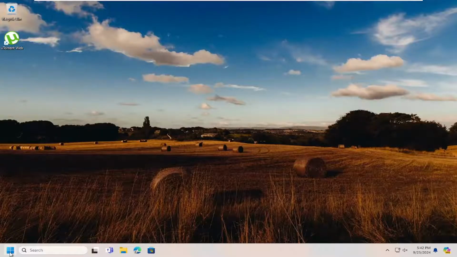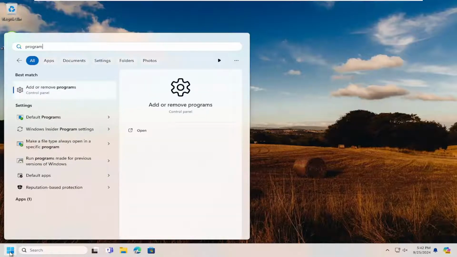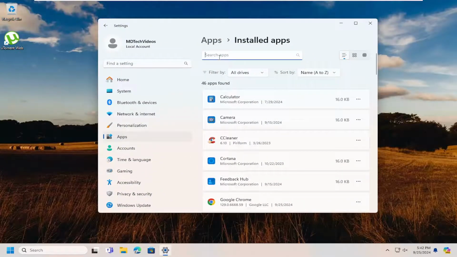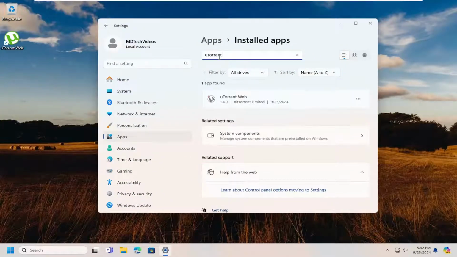So all you have to do is open up the search menu, type in Program, and the Best Match should come back with Add or Remove Programs. Go ahead and open that up. In the search apps field at the top, type in uTorrent, select the three-dotted icon next to it, and select